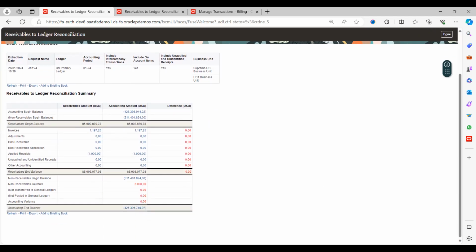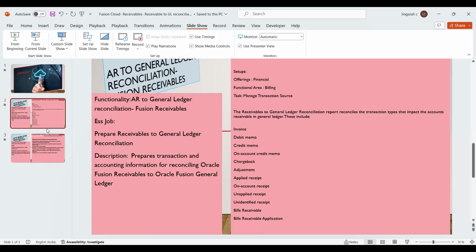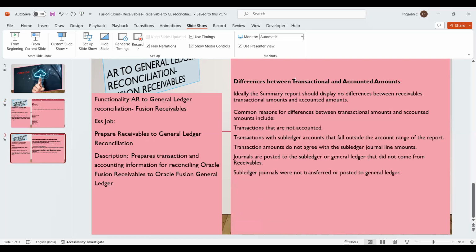Okay, so a summary of this discussion. These are the transaction types that come under the AR to GL reconciliation report. And this is the ESS job which you need to run before generating the report. You need to run this ESS job and keep the data ready. And so what are the common errors that will occur when you do the reconciliation? So these are the common